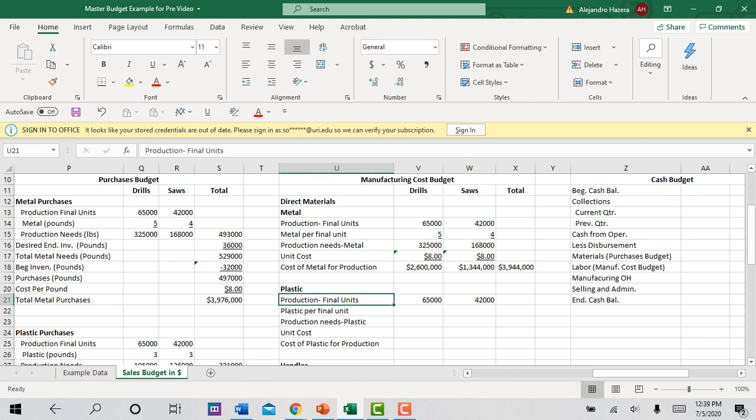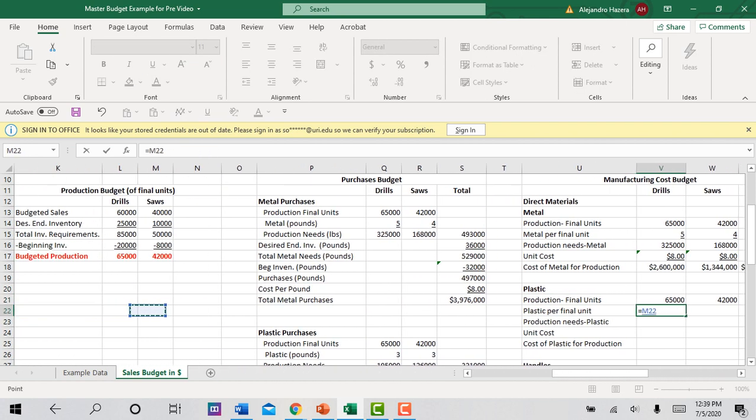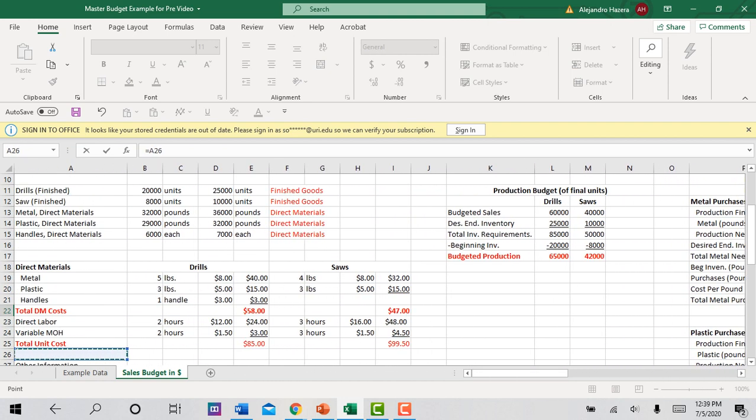And plastic costs the same for each pound of plastic. You could take it from here, or you could take it over here from the standard cost cards. For plastic, each pound of plastic